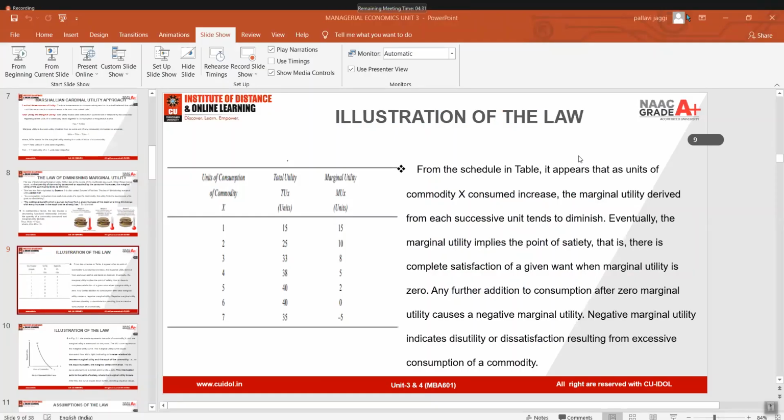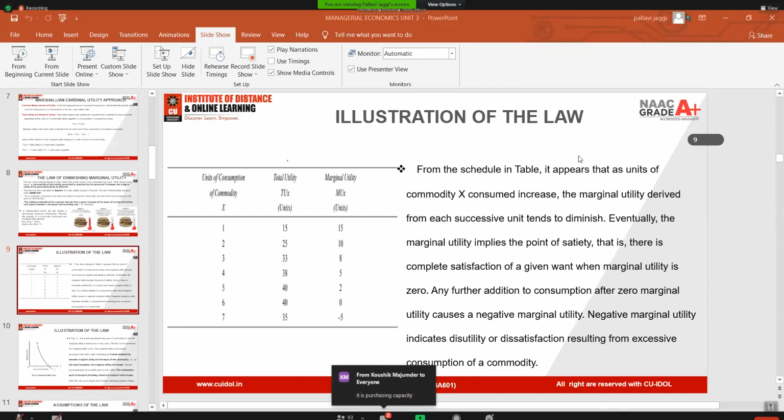Yes, whosoever asked this question, what is constancy of marginal utility of money? I am telling you that marginal utility of money refers to the worth of the rupee. That is, it is important for the consumer, the worth of the rupee he looks at when he is going to purchase any kind of commodity. He looks for what? Worth of rupee. So this is what marginal utility of money is. Yes, right what you are saying, paisa vasool, that's right. So we are considering this marginal utility of money as constant. This is the assumption of this law, that it should not be changing. Yes, purchasing power, right.